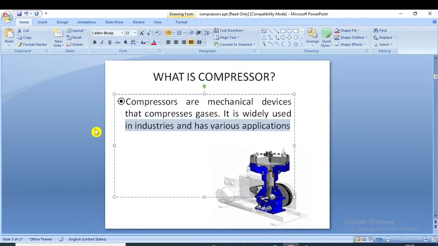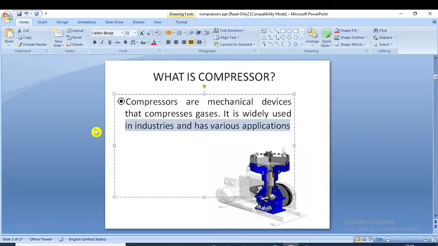Air compressor is a machine which sucks low pressure, low temperature air from atmosphere and compresses it to a high pressure, high temperature by reciprocating motion of piston or by rotary motion of blade in casing. It is a work absorbing machine driven by external source.